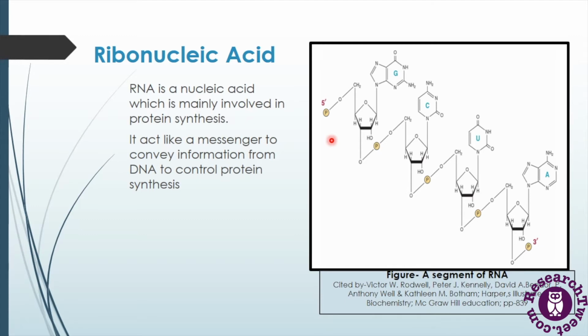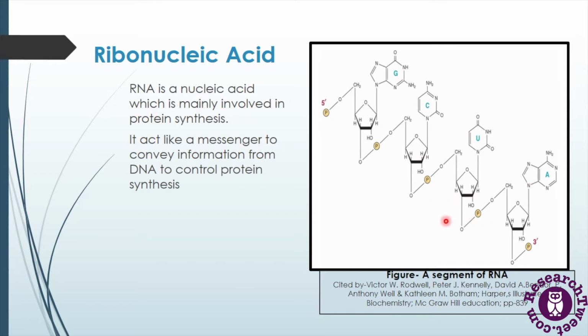And RNA has the base uracil instead of thymine. In this diagram, we can see a small segment of an RNA molecule with its molecular structure. Here we can see the bases guanine, cytosine, uracil and adenine,